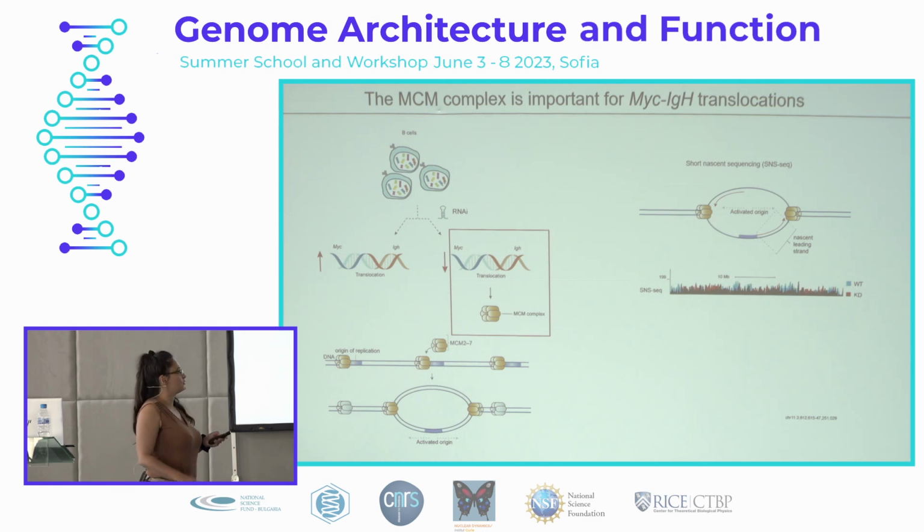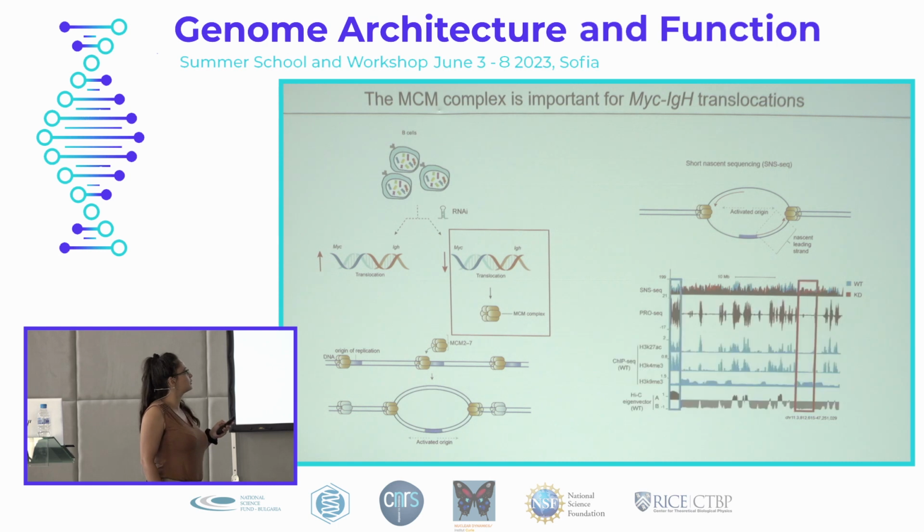And this is not actually a random thing, and we could overlap it with different chromatin marks, so we can see that the normally active origins in a wild type situation are in an actively transcribed open chromatin, as you can appreciate by the transcription marks, the active chromatin marks, and then the not so active origins in the heterochromatin become activated upon